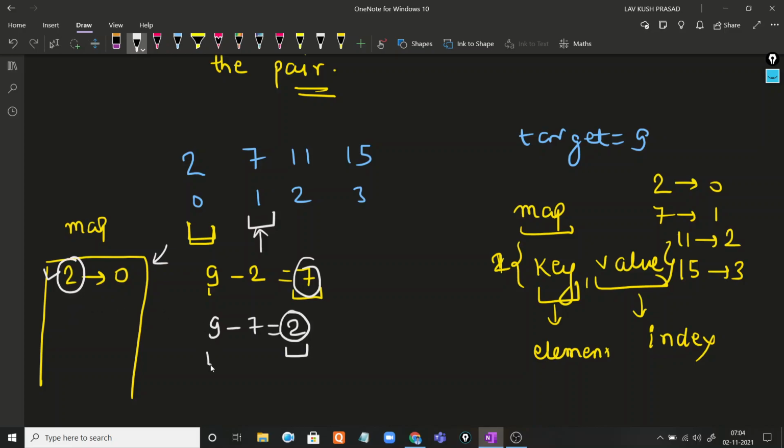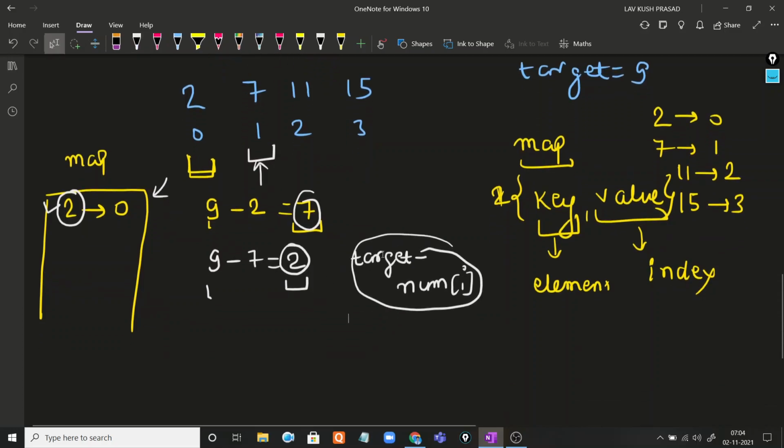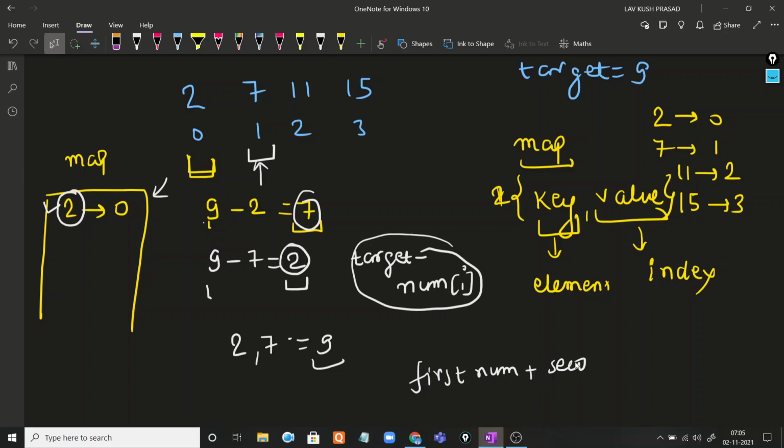So when we find that target minus nums[i] is present in the map, it means our required pair, like 2 and 7, has a total of 9. Actually here what can I do? Let's suppose first number plus second number is equal to target.